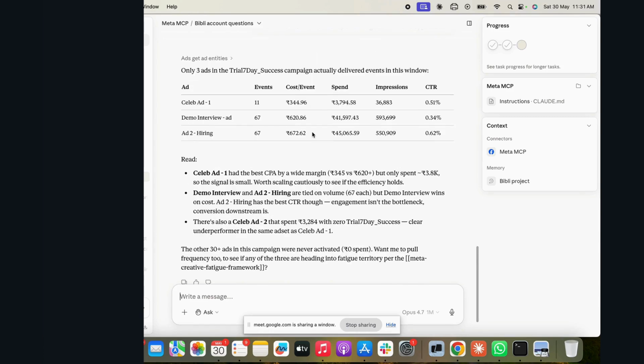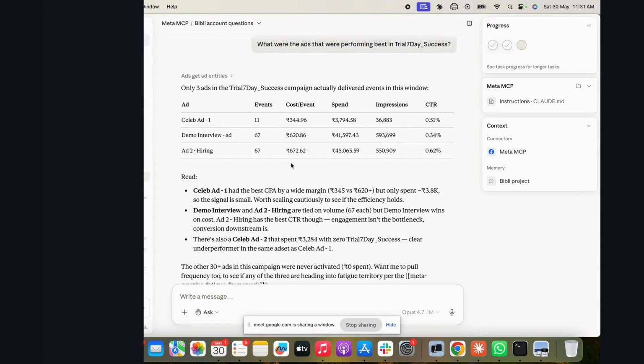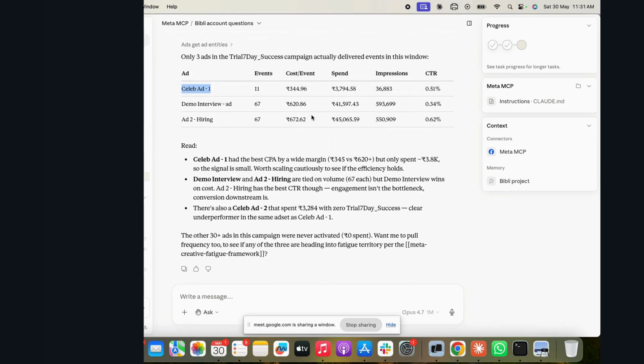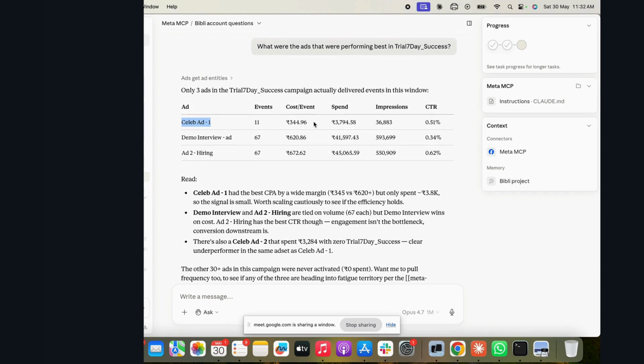Now the context that I remember, and I'm not running these campaigns, it has been a few months, so I don't monitor this that closely, is that this had been running for a long time, although it was performing well. Then it had saturated, and in January sometime I might have plugged it down or maybe changed the objective, right? But these are some very basic questions. This is not as detailed a framework as what we saw in the creative fatigue kind of analysis. This is more like basic Q&A that you can do just to get, okay, which ad is performing well and all. You can directly get it from here.